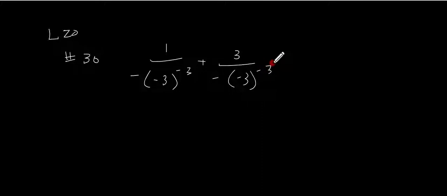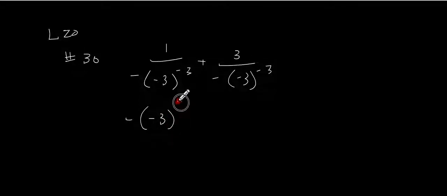Okay, the denominators are the same. That's very interesting. It looks like you could do this problem a couple different ways. You could probably just add the numerators together and then move it up, but I'm going to move it up right away. So you can't raise a number to a negative power, but we can move the whole thing to the top and make the exponent positive. This negative sign can either go on the bottom or the top. It doesn't matter. This whole fraction's negative. So I'm just going to make it all at the top,